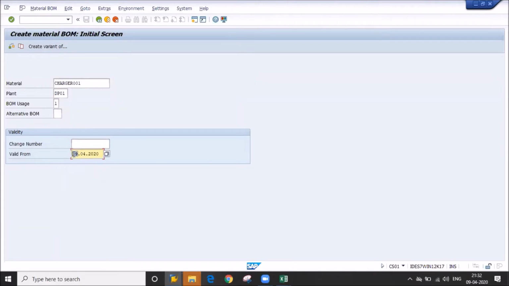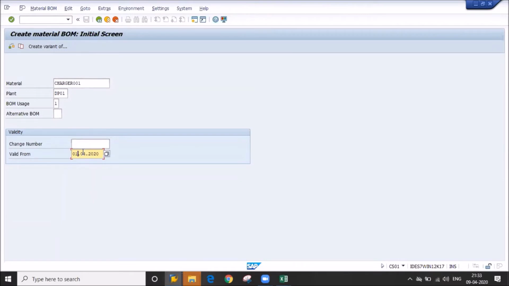You see, from today I am giving valid from. Always try to give the date of the first month, or the date from which you will go live. Try to give at least 10 to 15 days back. The user will tell you today to create one BOM, and if you create it for today, and if they want to create a production order on an old date, the system will not allow you.